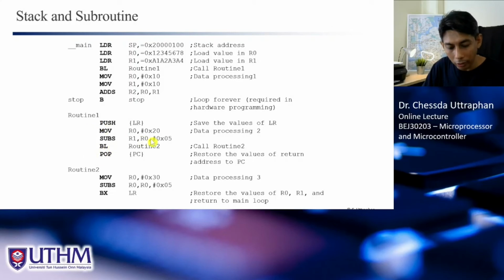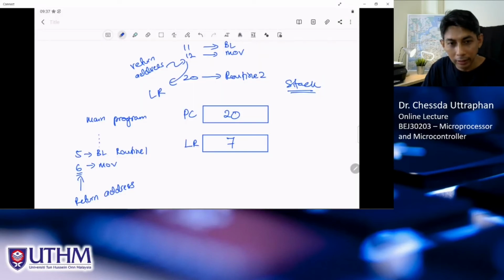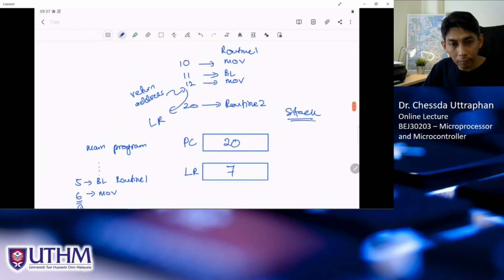If not, you will lose the value of the return address forever, right? So what you do is, instead of calling the second subroutine here, in routine 1, before you run the BL instruction,